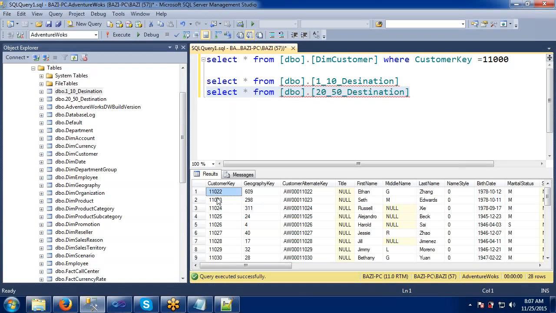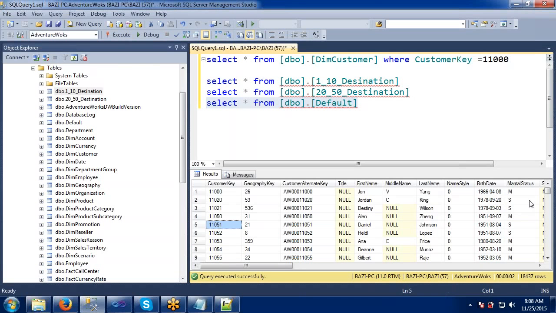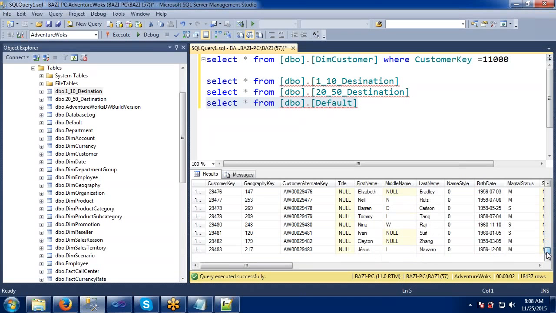It should be, yes, it started from 22. Why? Because there is no record for 20 or 21, that's why it started from 22. Okay. From 20 to 40 or 50, records are there. So these records are in the second table. So we have another table, default, right? Let's select star from default. Okay. So the rest of the records will be coming here. Like this, our conditions will split the data.